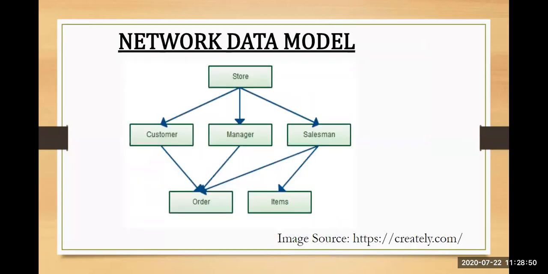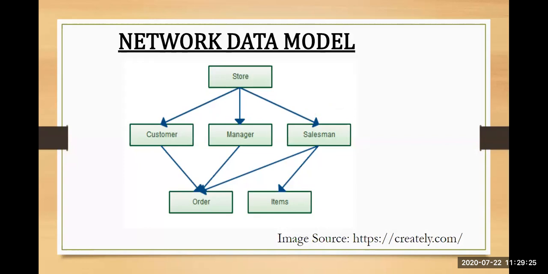Next, we are going to the network model. The network model is considered one of the easiest models, where you represent your information, or your data, in the form of objects along with their relationships. In the network model, the data is represented as a graph where every object has nodes and the relationships are represented with the help of arcs. You can see the arcs going on here, this arc, this arc, this arc.